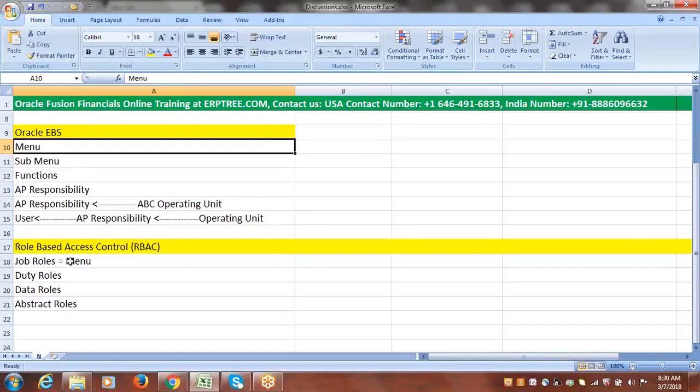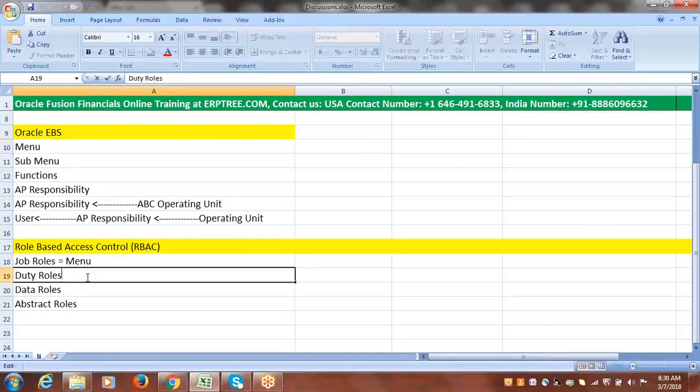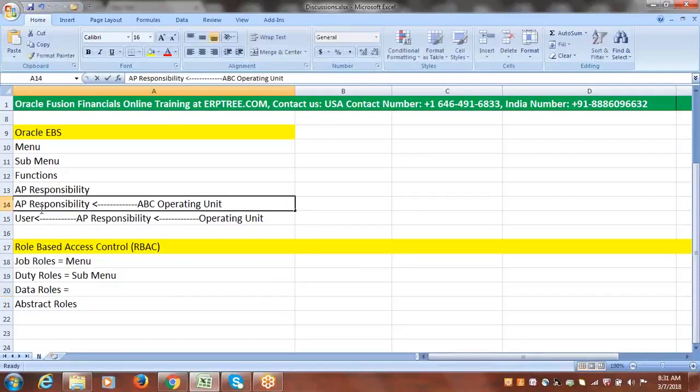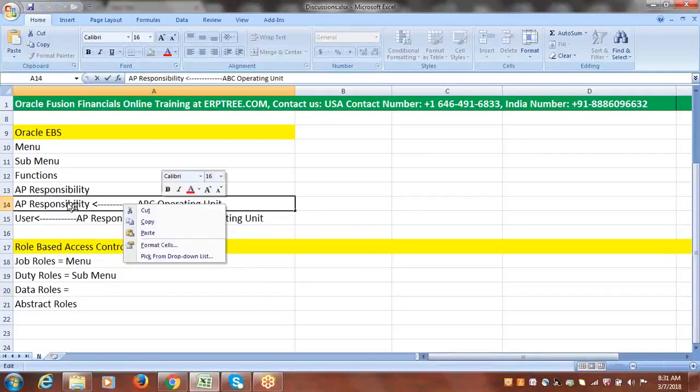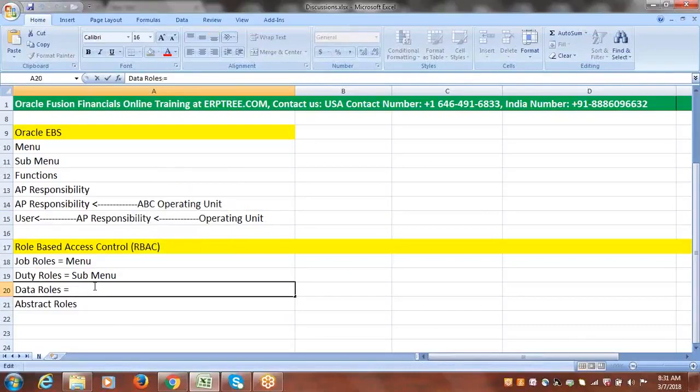And in Fusion we have duty roles. The duty roles are equal to EBS submenus. Okay, Fusion job role is equal to EBS menu. Fusion duty roles are equal to EBS submenus. And data roles, so these data roles are equal to this. Okay, the data role is equal to,